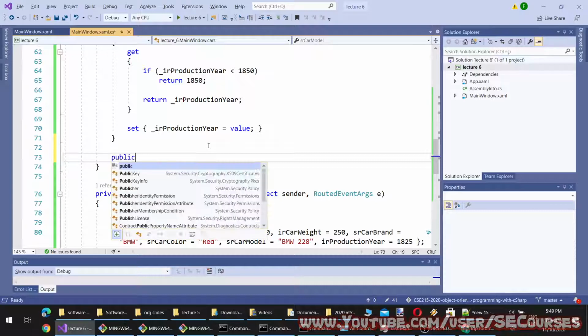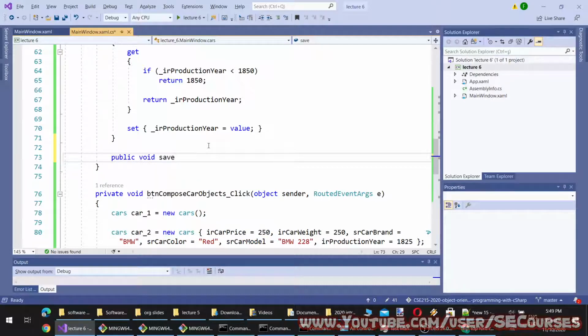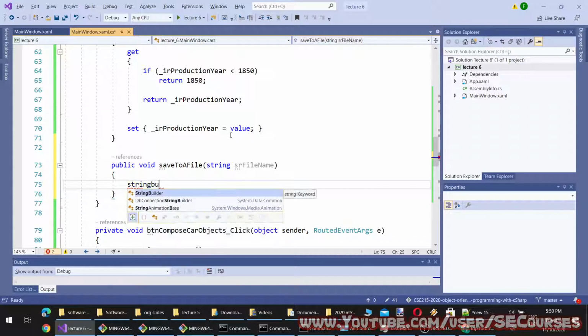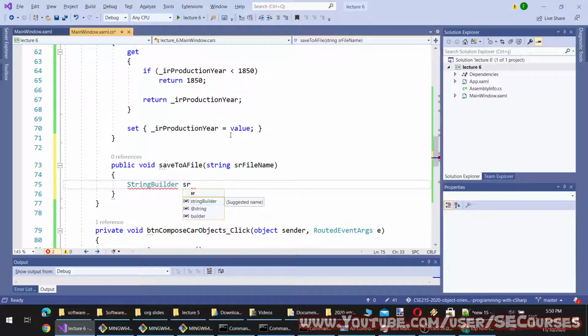It will be public void save object state to, or let's say just save to a file, and it will take a string as our file name. And what it is going to do is define a string builder as our builder.